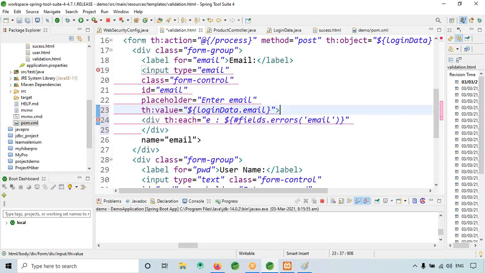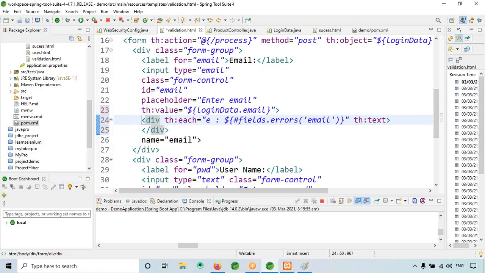So here if email has errors, then okay, Thymeleaf th text is equal to $e.